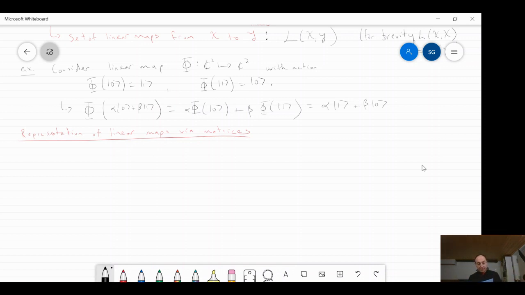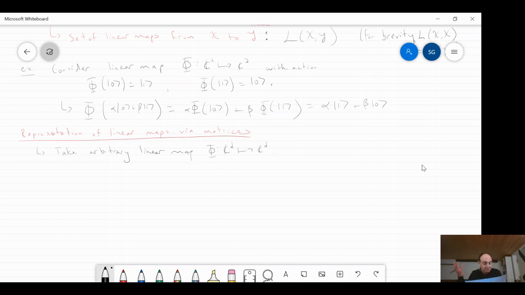Okay, so what does that mean? Well, maybe the easiest way to introduce it is to work a little bit backwards. If I specify the action of this map on every single basis vector, I could write these things in a big list: the input |0>, what is the output, like this guy here, and this one. I could write those side by side. So let's suppose I take a linear map, it doesn't matter which one, an arbitrary linear map phi, and this takes you from C^d to C^d.